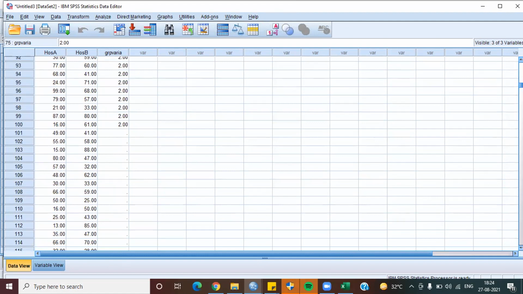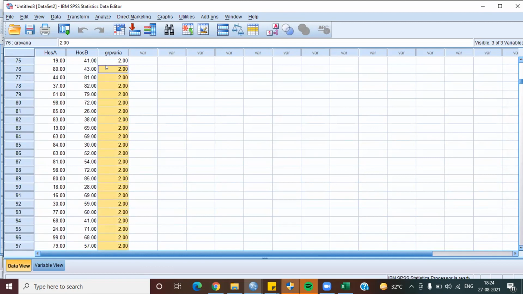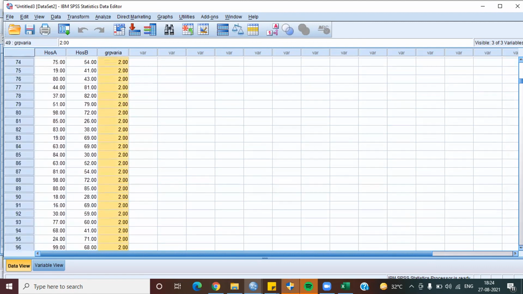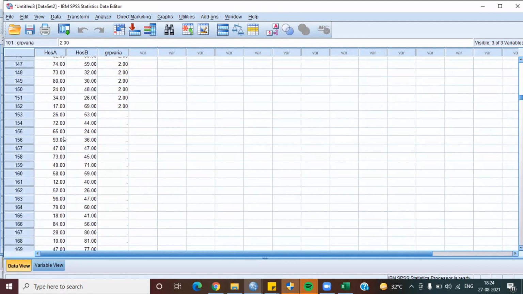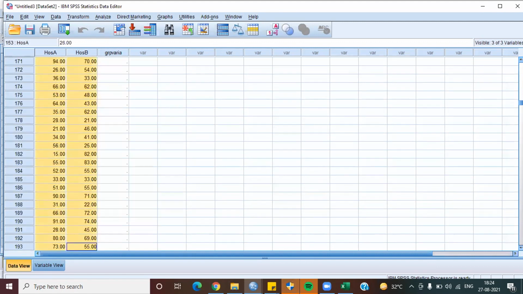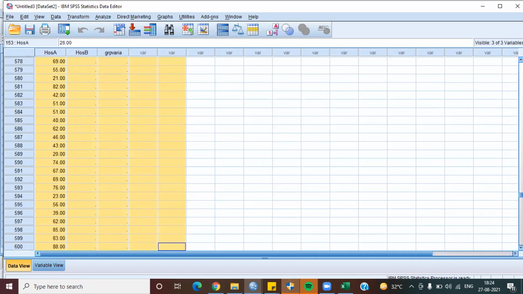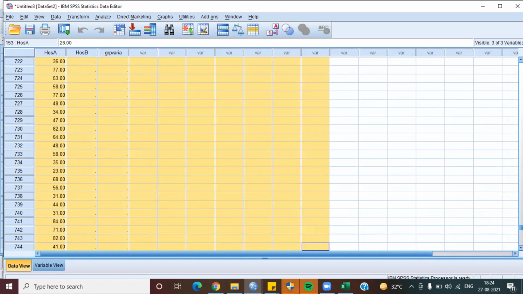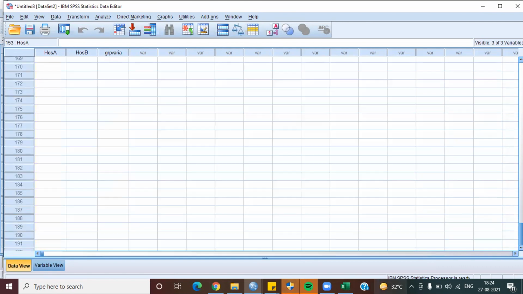But in real life, you have to code it that way, because the data set is already coded and then you can manipulate it. Here, as it was in Excel, I'm done with that, and I'm just going to clear it out, because SPSS won't take the missing value. So make sure there's no missing value in the data set.